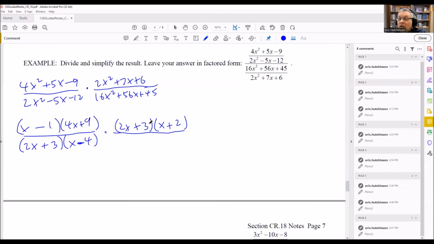Usually you don't have the same number inside. That's why I chose to put the 3 here and the 2 there first, by the way. 2x and 2 means that there'd be an extra common factor to pull out of there, and it's usually not the case for this kind of problem, and so that's why I put the 3 there first, just to let you know. Then for the last one,